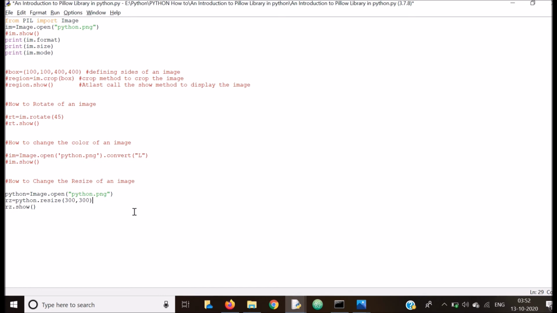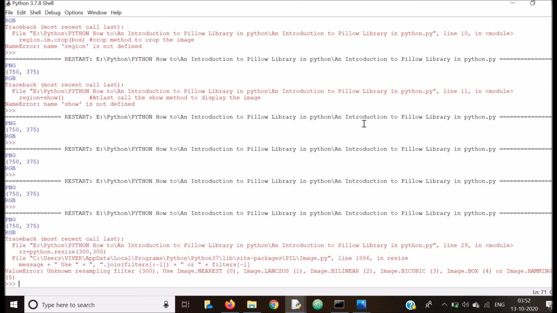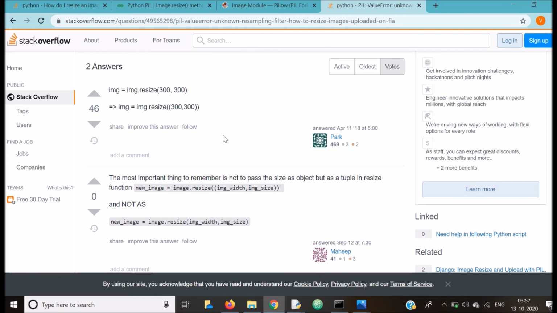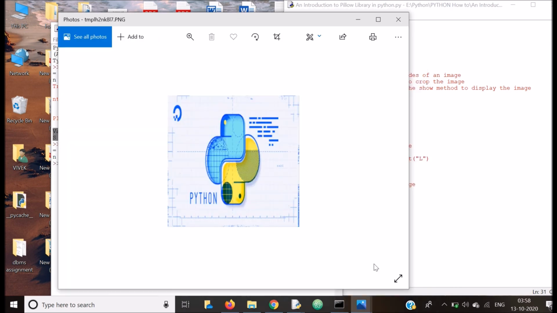And at last, we are calling the show method to display the image. See, the image gets resized with width 300, height 300.